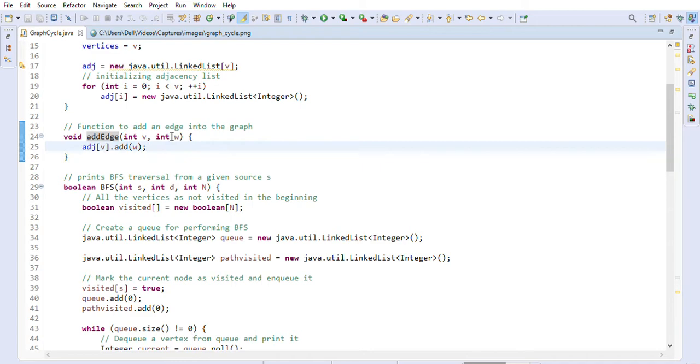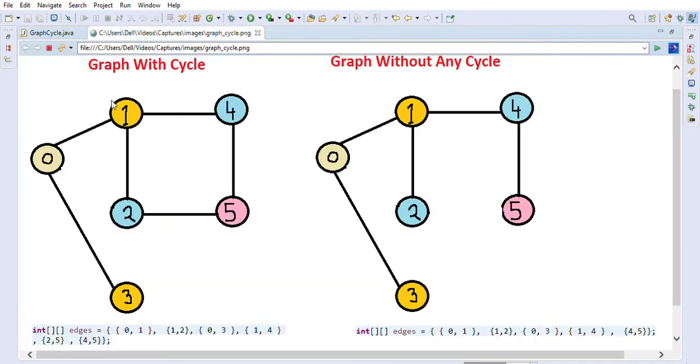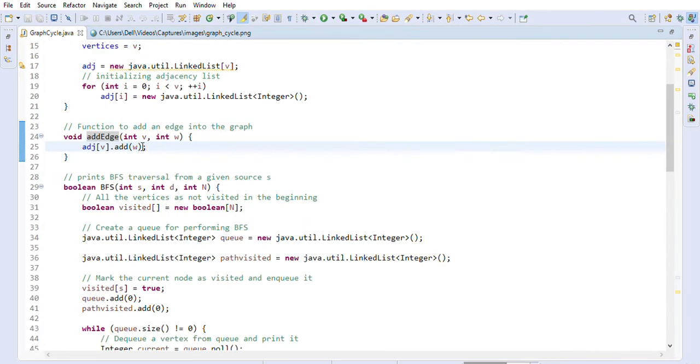For example, in this graph, 0 has 1 and 3 as adjacent elements. So how will the adjacency list look? Adjacency of 0 will be equal to a list of 1 comma 3, like this it will create.